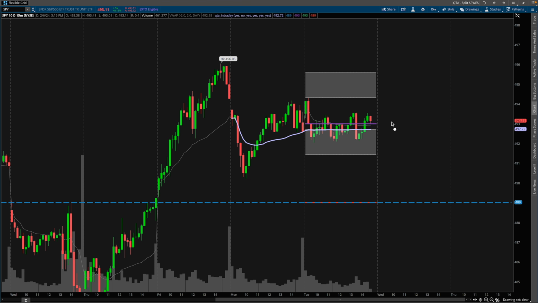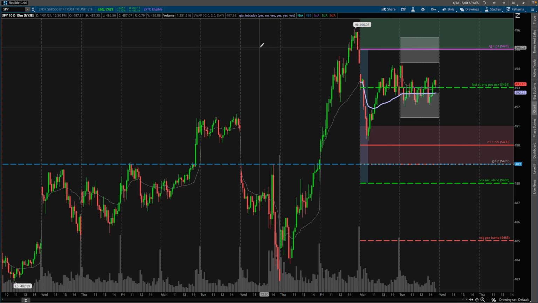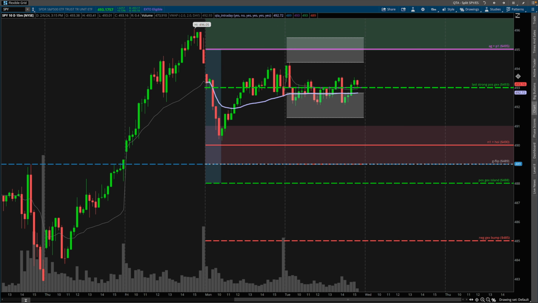The additional confluences in this case came with the gamma exposure. So this purple level that you guys see on my chart right here, this is the absolute gamma strike for Friday's expiration. And if I were to just turn on some of my notes at the start of the week, if you guys are new to this YouTube channel, I'll leave a link in the description to the gamma exposure